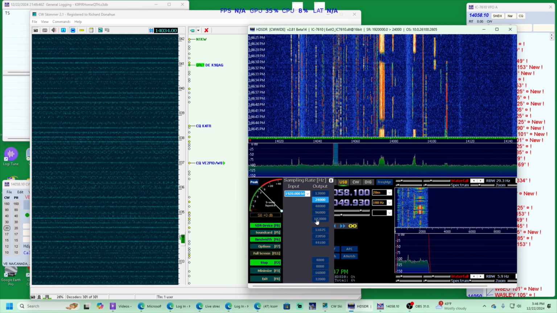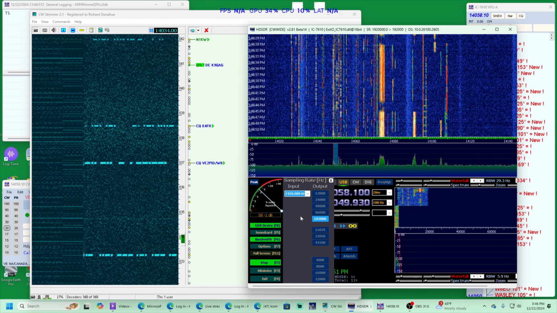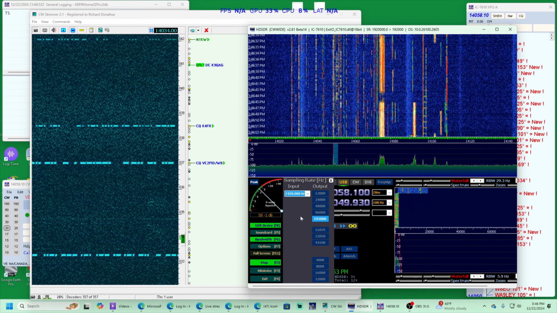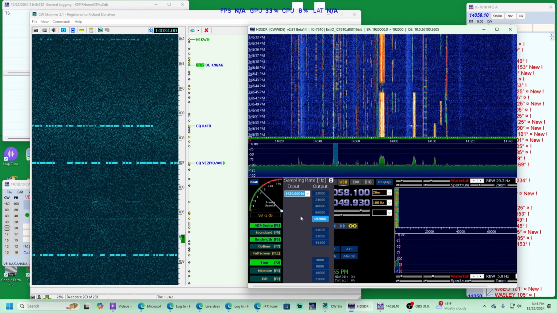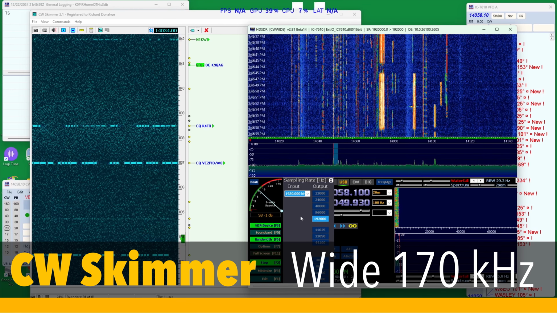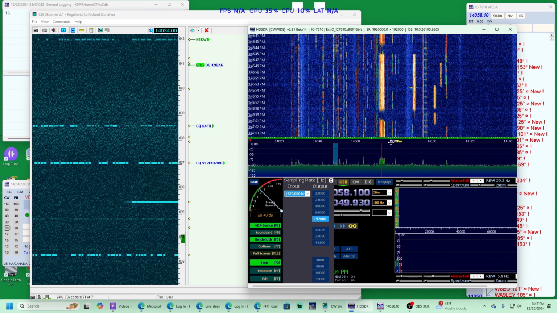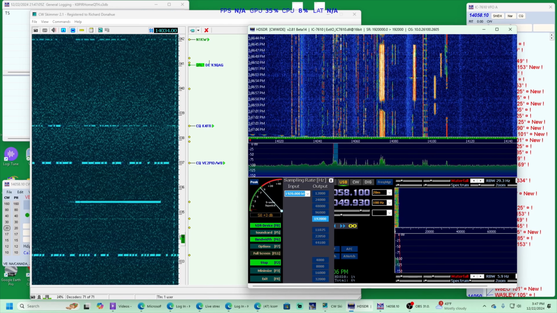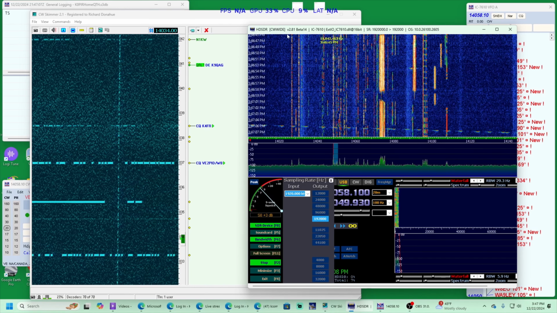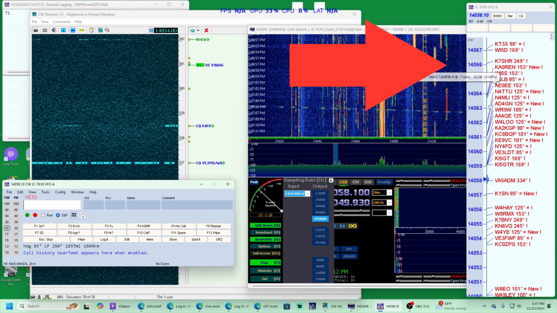Mine only worked on 192, and I don't remember that on my last computer. I think I was around 48,000, so it must have something to do with the computer hardware or the updated software. But anyway, it's working terrific, and I've got it piped out to N1MM Logger, and it's band right here,